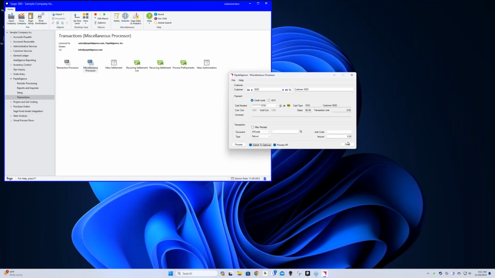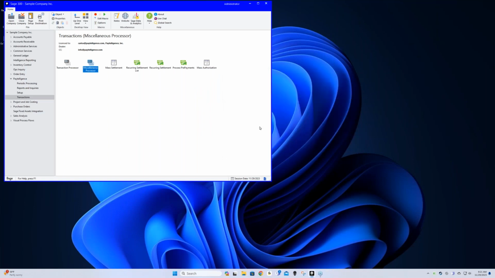This is miscellaneous processor. Now, I've shown all the credit card processing tools that are available for AR customers. However, I do have more administrative tools I want to show. When you're processing credit card transactions, especially outside of Sage 300, you're logging into a virtual terminal, getting all your transactions processed, but then you also have to log into Sage 300 and create a receipt or a refund entry